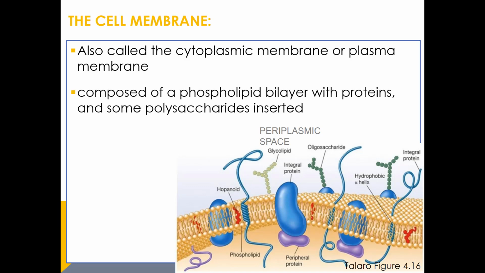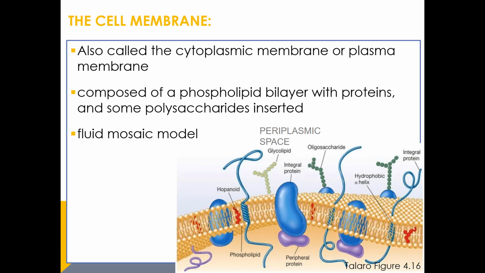with proteins and some polysaccharides stuck in there, and they have what's called a fluid mosaic model. Now, a fluid mosaic model, I don't know how else to describe this except to ask you to imagine a kid's swimming pool filled with kids' toys. So you've got noodles, and rings, and floating ducks, and balls, and beach balls, everything in there. And all of that stuff floats on top of the swimming pool. The kid can jump in and make a huge cannonball splash, and everything just keeps floating on top.